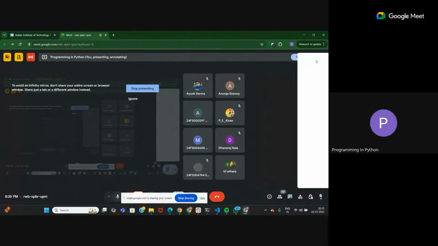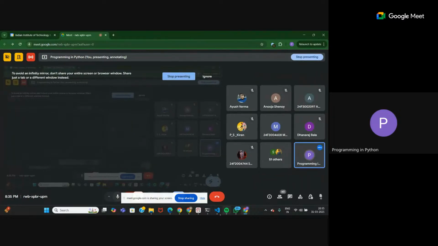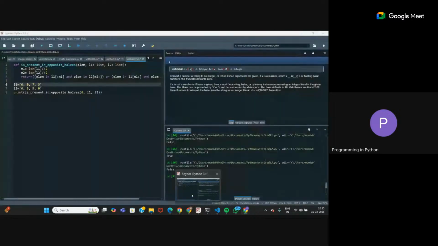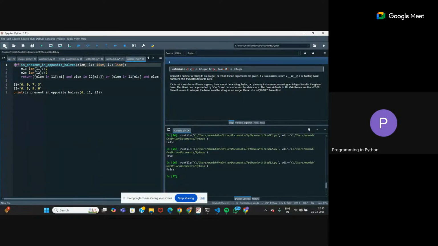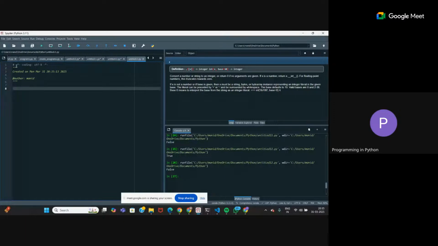Okay, so a lot of you have posted. Let me now write the code. Okay, so the function definition is, wait, which one are we doing?